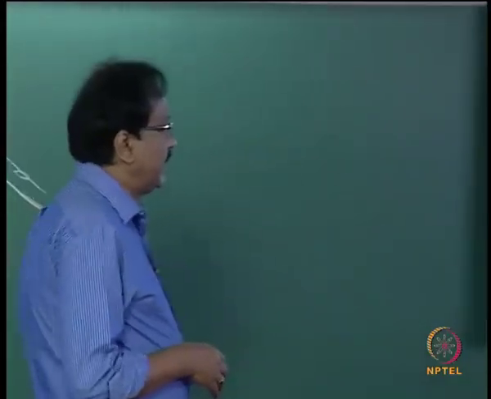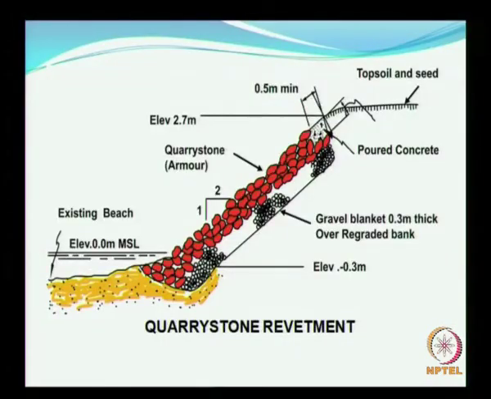So here you see, as I was explaining on the board, this is the area which is going to be protected. So you have a small blanket or a filter layer over which you have the armor unit. On the top you have a concrete cap so that it is intact, and then you are supposed to have some amount of toe protection here. So this is a typical cross section of a revetment.